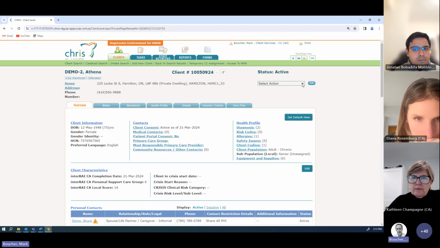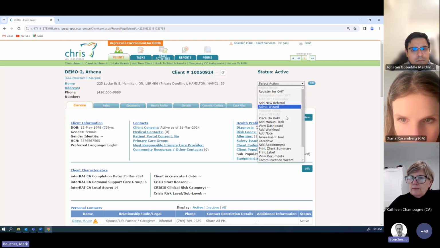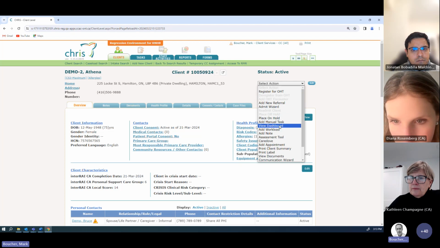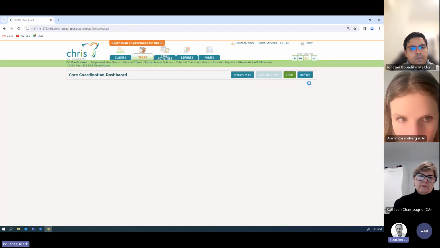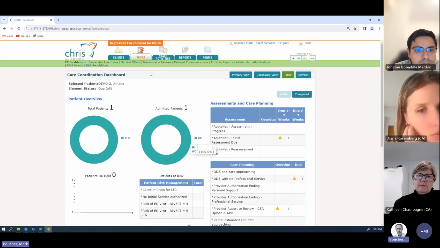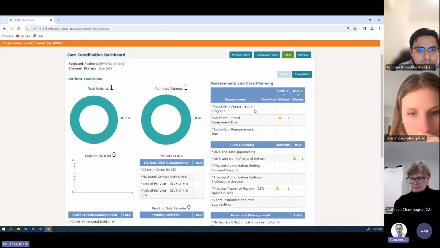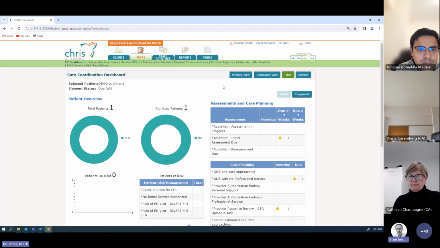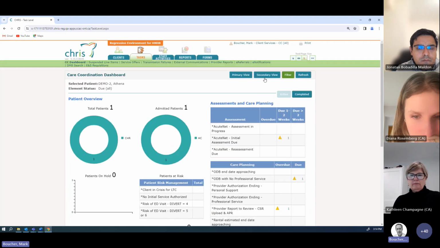Okay, so I'm going to access the dashboard, and I can do it by going to tasks and then clicking on the dashboard link. As a shortcut, I'll let you know there's a dashboard just for this particular patient, and you can access it this way as well. I'm just showing you that to start with, but I'm going to move right into the full dashboard right away. Lisa is going to talk a little bit more about the dashboard as driving the case management, alluding back to the story that she talked about earlier. So this is just the dashboard for this patient, but I'm going to click on